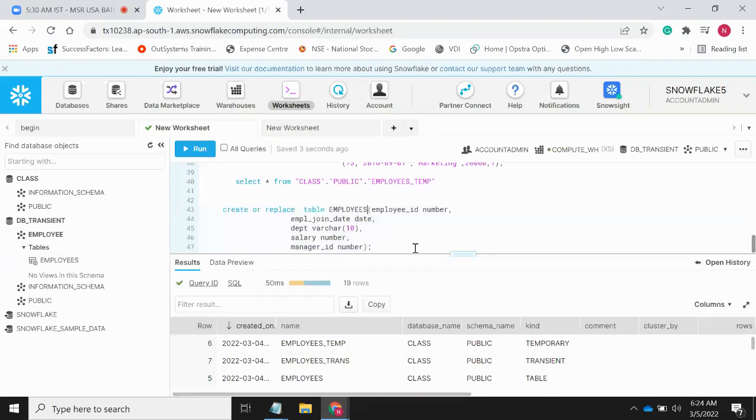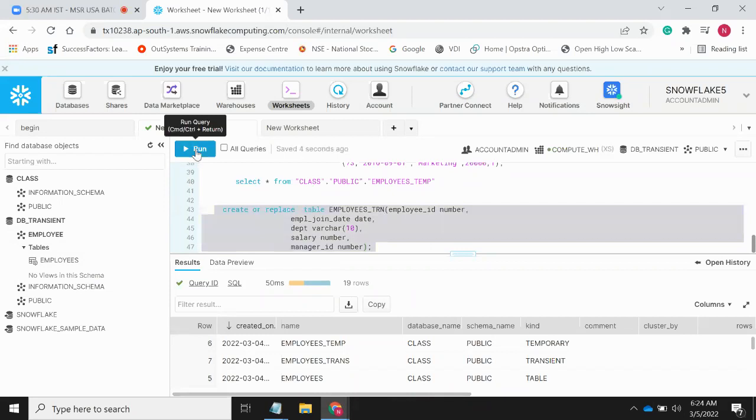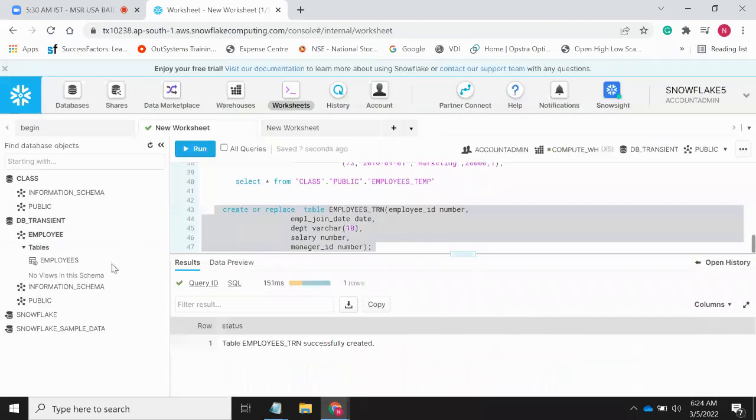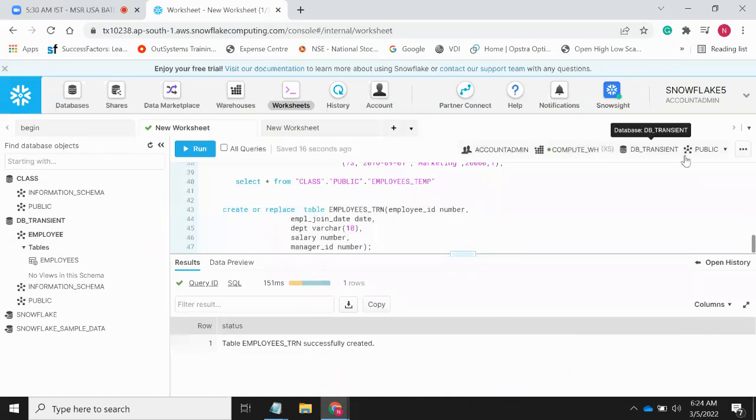See this one, I will give underscore to identification. We are not giving any keyword here, right? But even though it will be a transient only. Now observe this, we saw that, right? Refresh it again. So we will have another table where we created transient_employees_trn under db transient